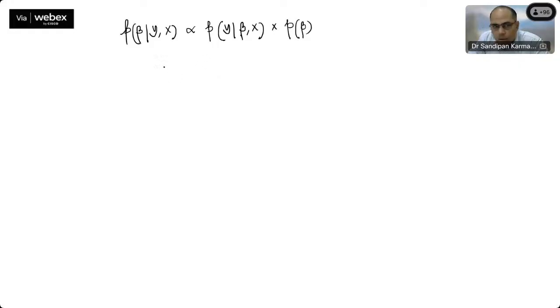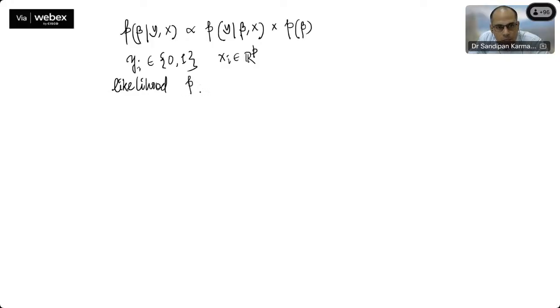Now yi is 0 or 1, a binary variable, and xi belongs to, suppose, a p-dimensional vector. So the likelihood